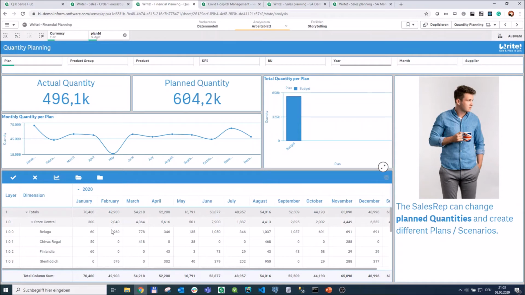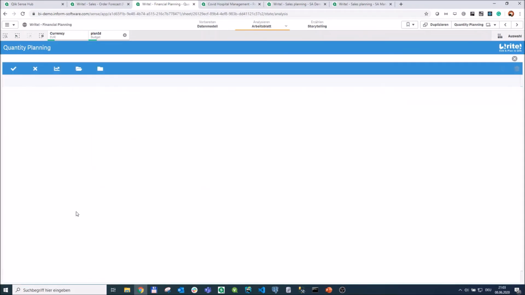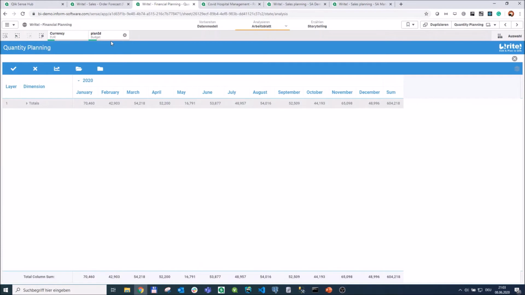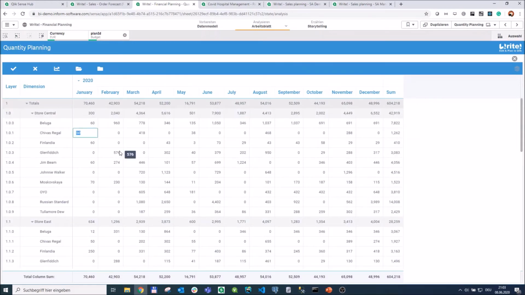And this is the sheet where you can just click into any kind of cell. Now I have selected the plan ID budget, and here you can click into any cell and change values. As you can see, the amount of all those fields on the third layer is the sum of the store, and the amount of all stores is the sum of the totals. And if I change this 50 to 150, click on enter, we see that 300 has increased to 400, which was a simple bottom-up